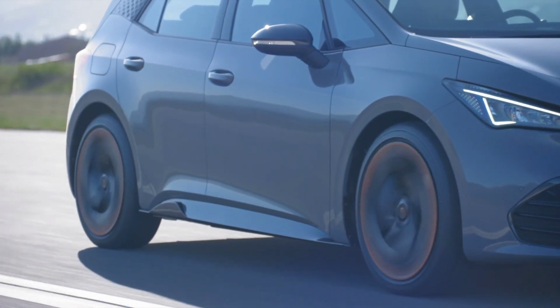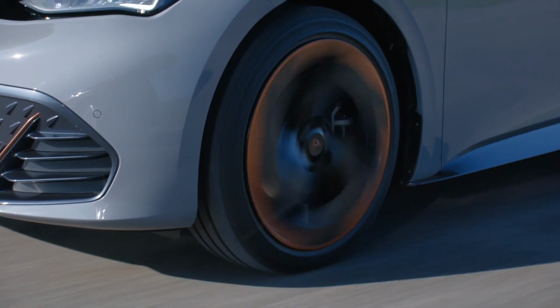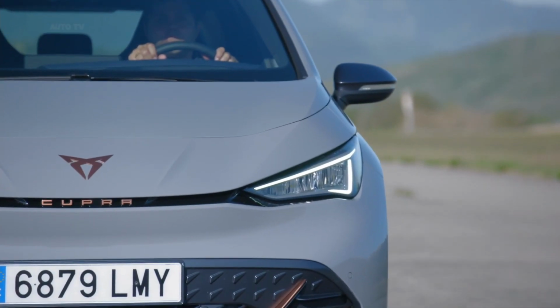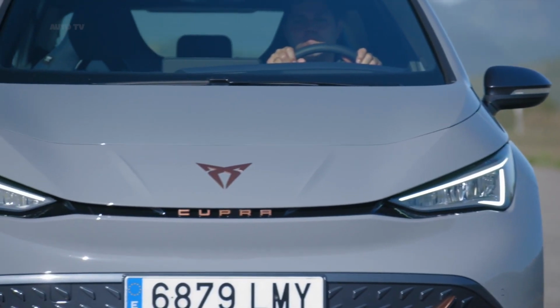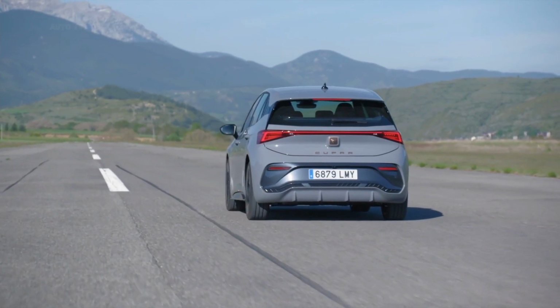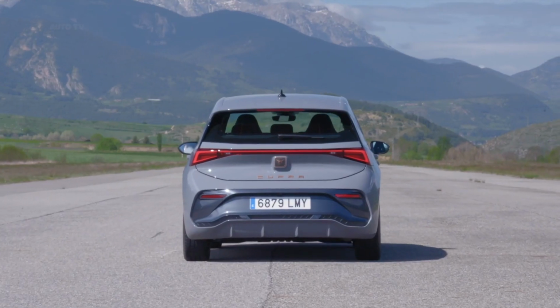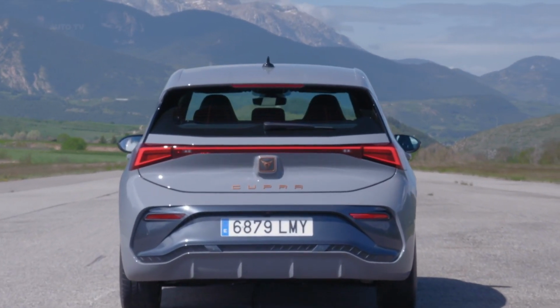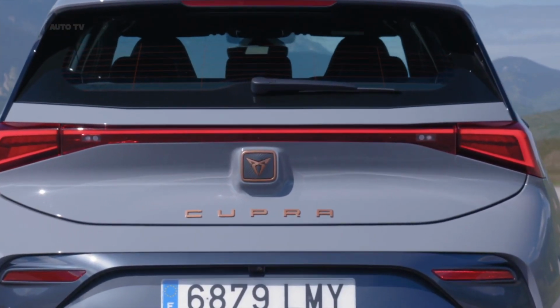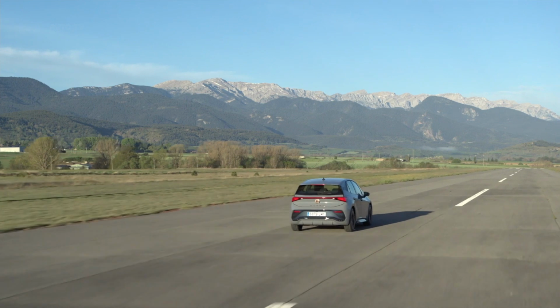This is where the technical specifications get more interesting, as CUPRA will sell the Born with an e-boost performance package to bump output to 228 horsepower. Unavailable for the ID.3, the extra electric muscle helps the zero-emissions hatchback cover the sprint in 6.6 seconds. The 58 kWh battery offers the same range of 261 miles or 420 kilometers as the version without the e-boost